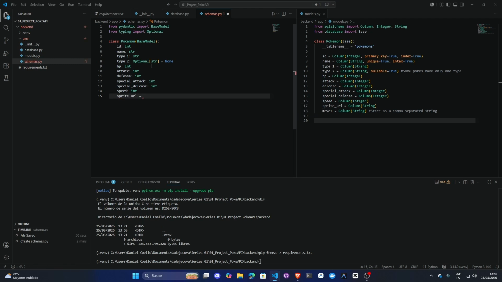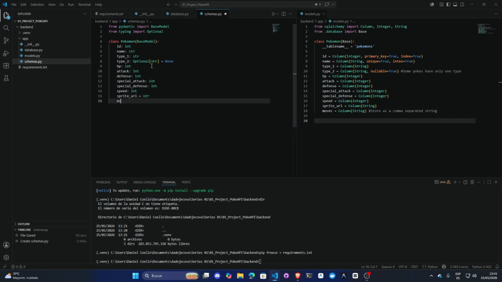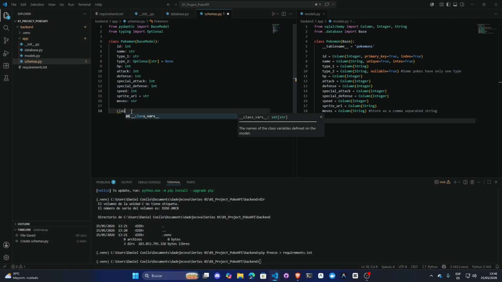Sprite.url is going to be string. Moves is going to be string. After we create our base model, we need to create our class. It's a configuration that allows conversion from SQLAlchemy to the model objects. To do that, we are going to do the class Config